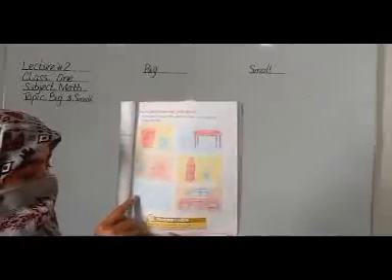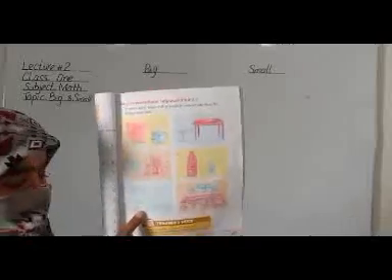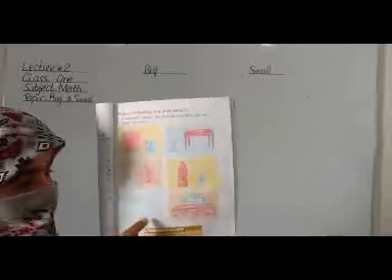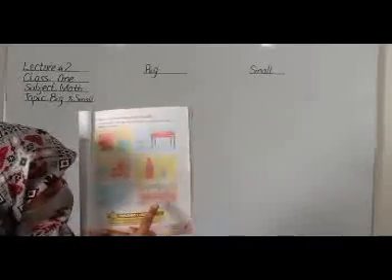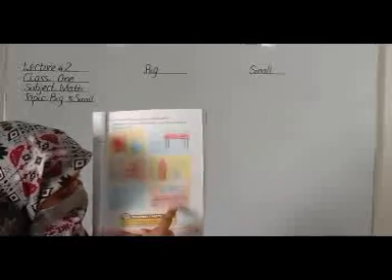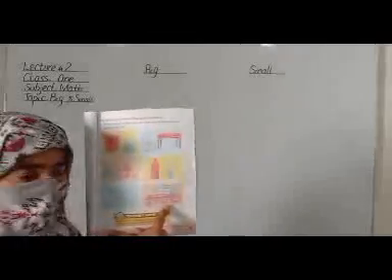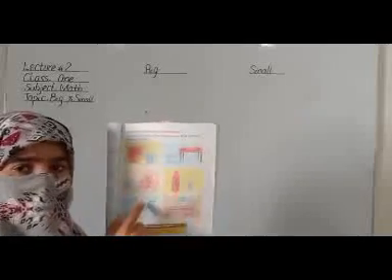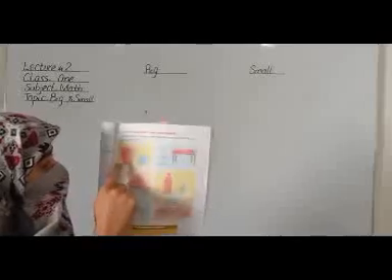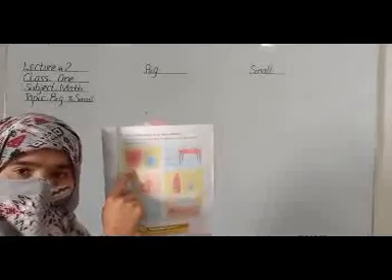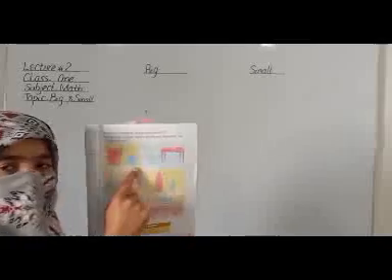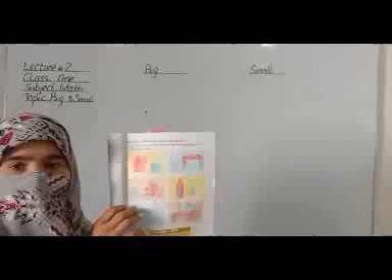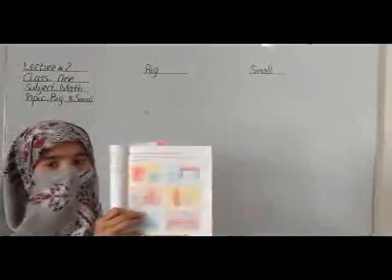Here we have one pair of fishes. This one is the bigger fish and this one is the smaller fish. We have one pair of birds. This one is the bigger bird and this one is the smaller bird. Okay. We have some objects, bigger and smaller. In the bigger object we color red, and in the smaller objects we color blue. I hope all of you are clear about the concept of bigger and smaller.